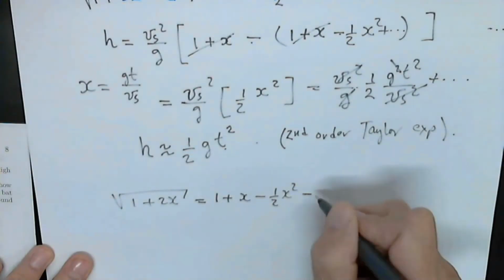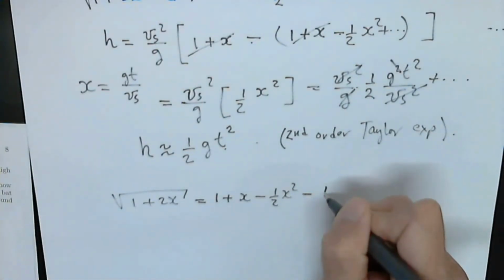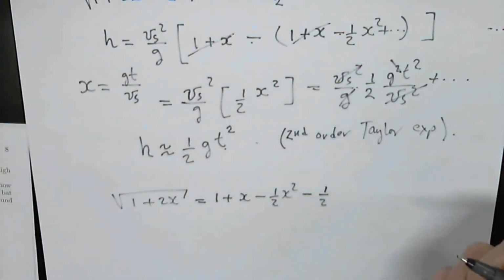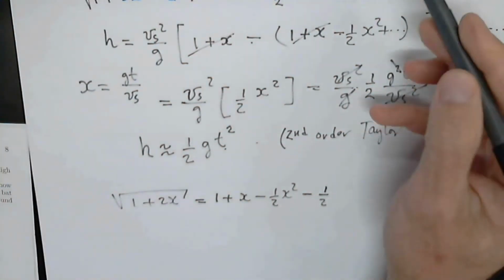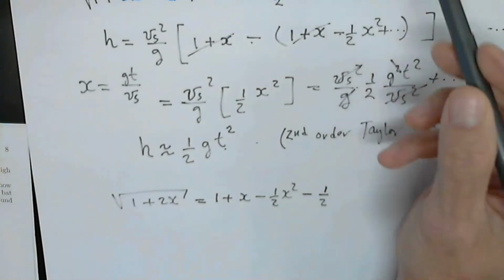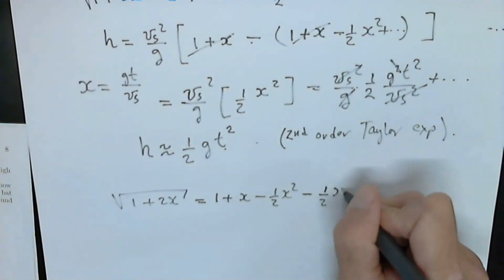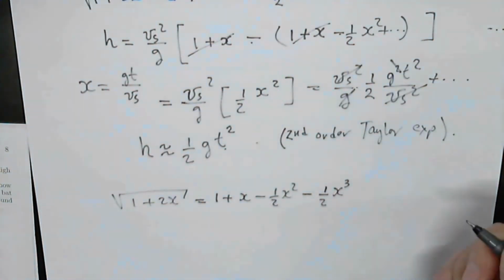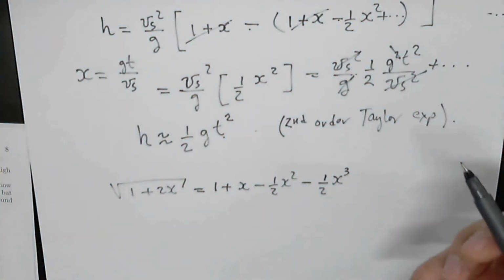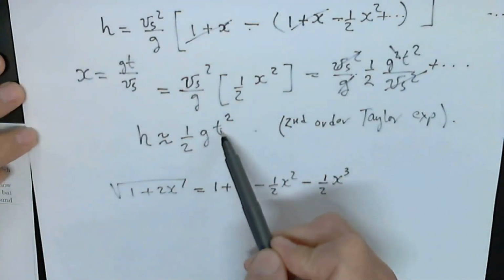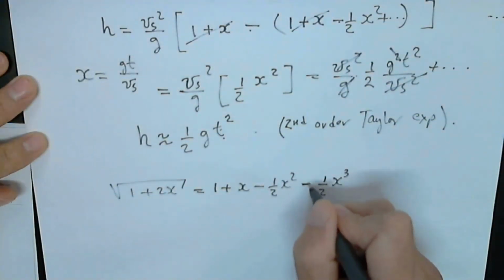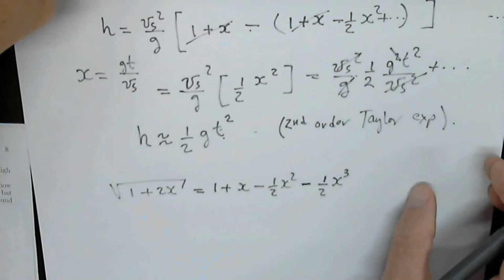You get 1/2, because the factorial is 1 over 6, but you're multiplying by negative 3, so you get 1/2 x cubed. And it has to be negative because it has to be less than this. And look, I got a negative. All right, so